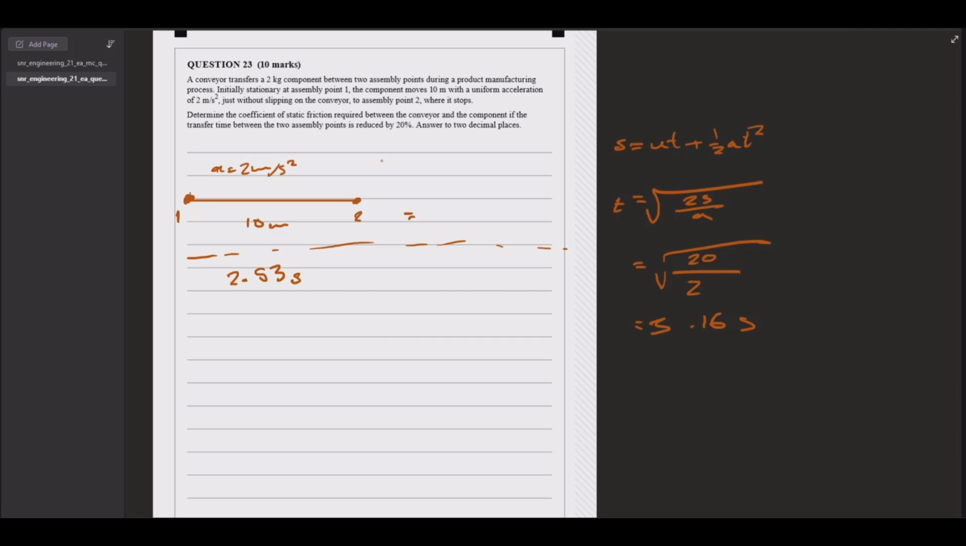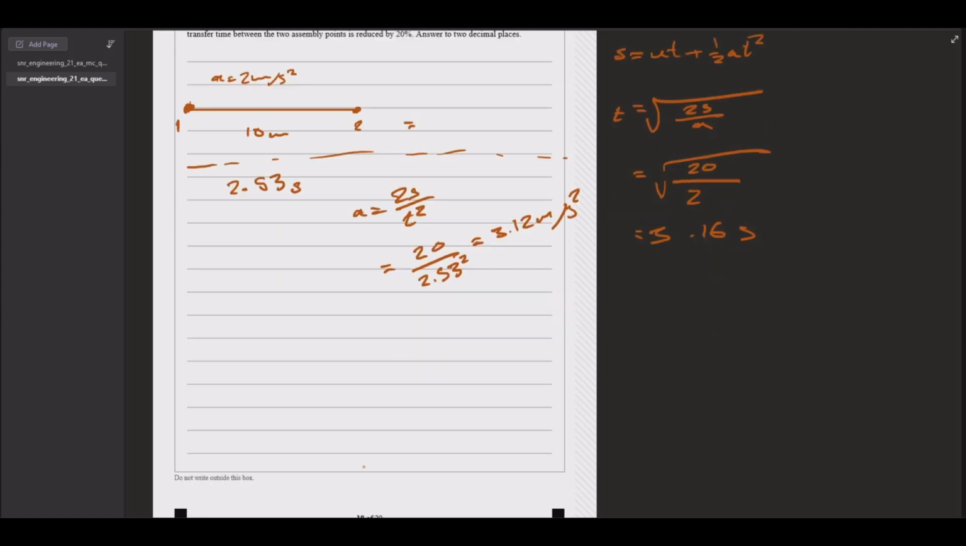So, let's find the acceleration that we need for that then. Acceleration is going to be 2s on t squared, or 20 over 2.53 squared. That's 3.12 meters per second squared. Let me try to write straight. So now that we've got that acceleration, 3.12,